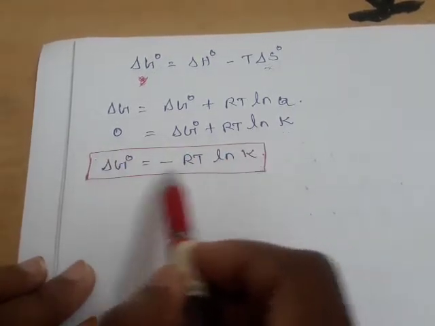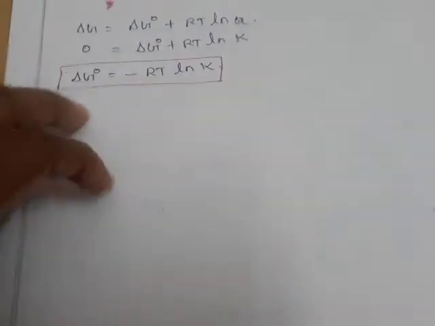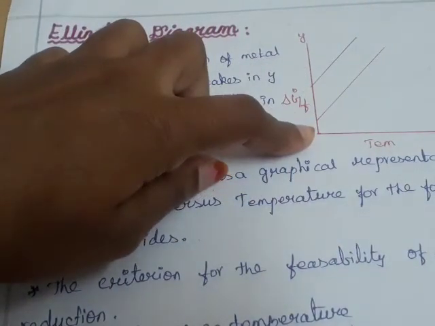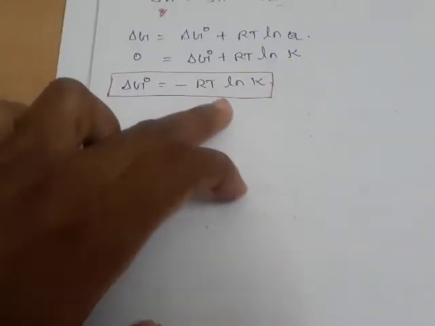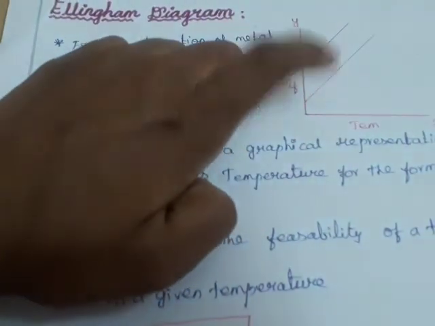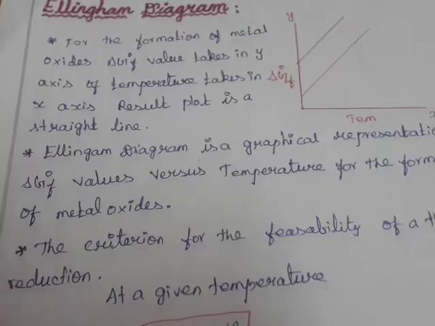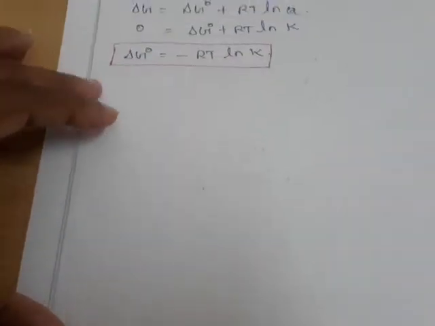Using this formula you are going to calculate the del G naught value of the metal oxide formation reactions. We find it through this equation and plot that value here. You are going to plot it on the y axis. Okay, through which equation does he find this del G naught value? Through the minus RT ln K equation, and plots it on the y axis for the different formation reactions, and with the difference against temperature, the Ellingham diagram is explained. So we are going to explain the Ellingham diagram.